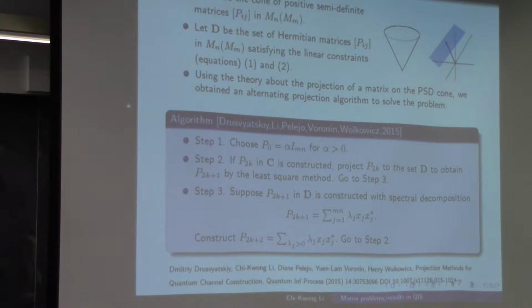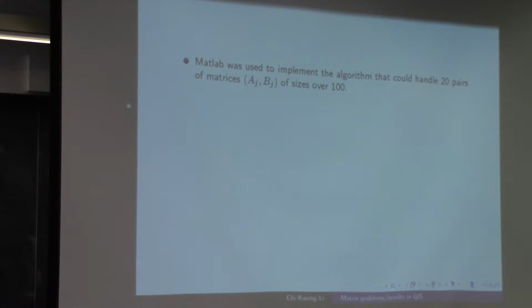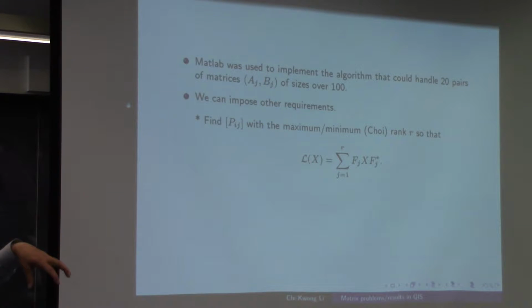Okay. So we have the MATLAB program to do that. We can impose other requirements. For example, for minimum rank, we search for minimum rank, but we cannot prove that that is the minimum rank. The rank manifold is very difficult. It's not a linear manifold or a cone. So matrices with fixed rank or lower rank form a more complicated geometrical object. We can only try to project to a lower rank matrix and produce very good results, but there is no way to